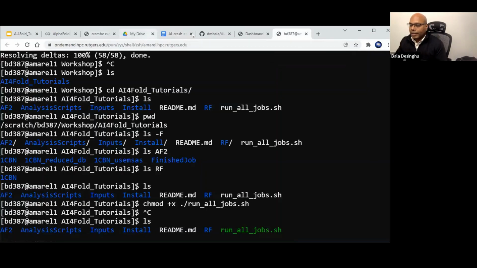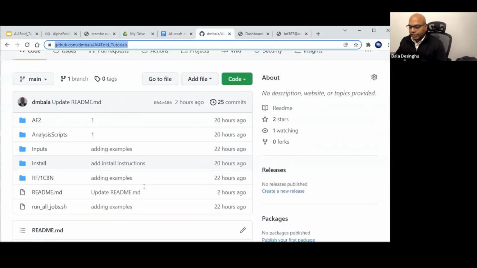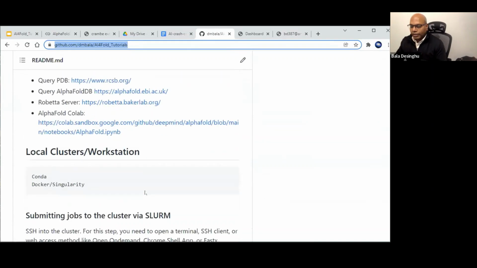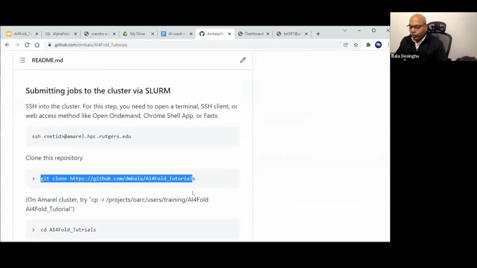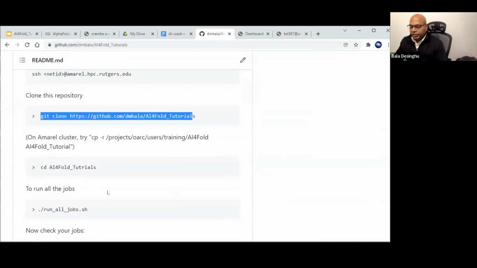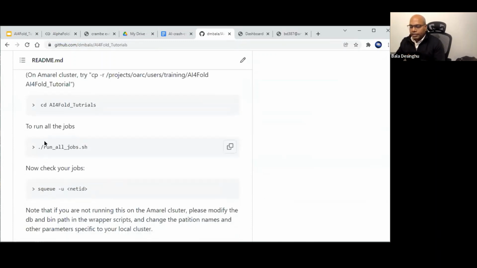So all these commands are also kind of listed in the GitHub page. If you go down here, this is how you SSL, you do git clone and then change here. And then there is a typo, I think, because someone pointed out that, so you have to be careful here. And then here you need to do chmod +x,